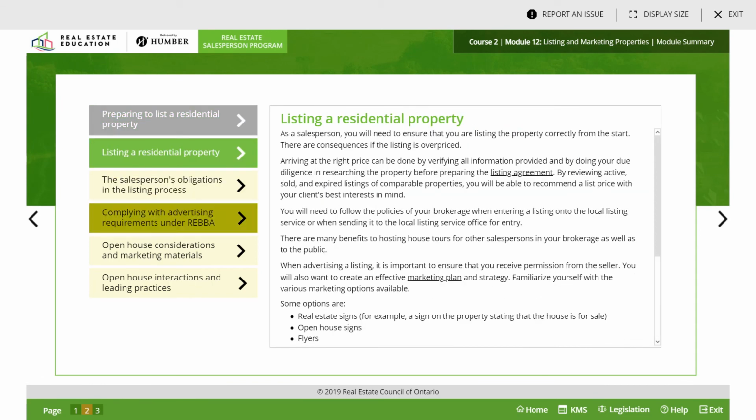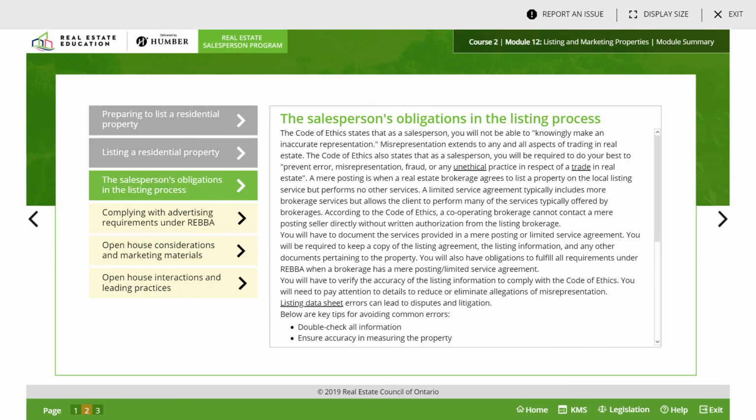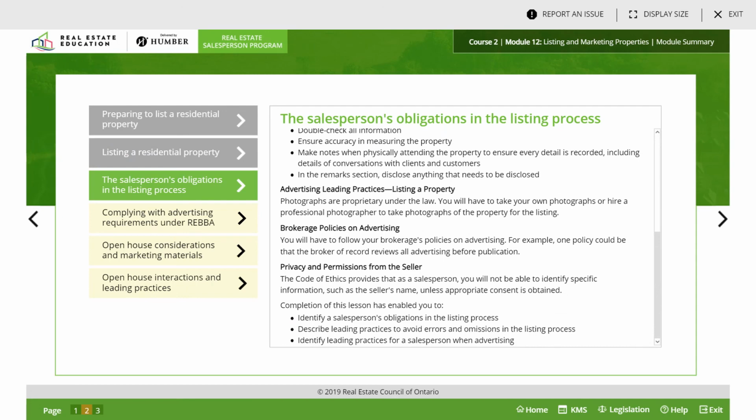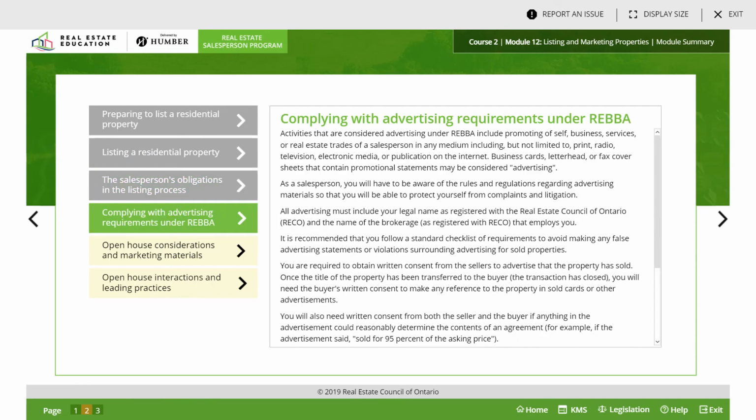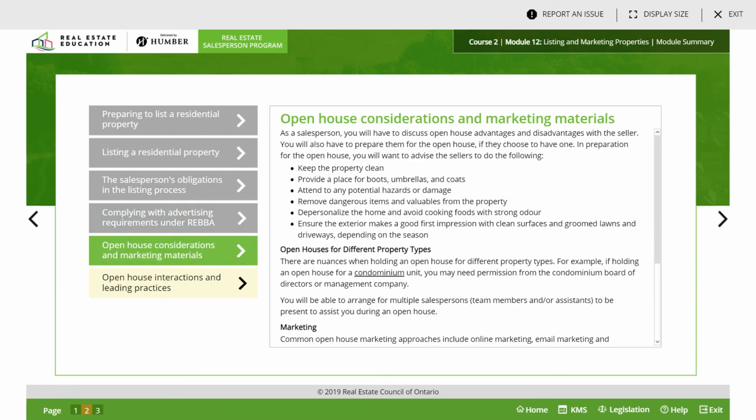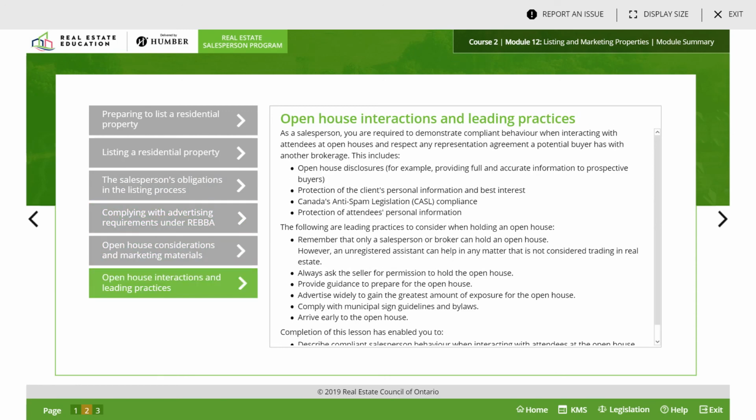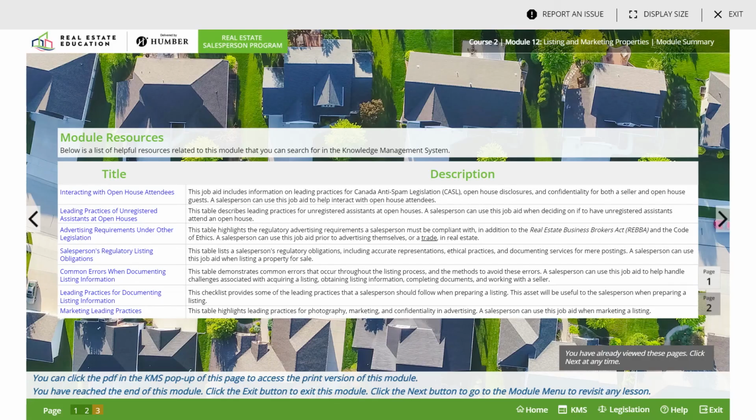We've talked about listing residential properties. Exactly. The salesperson obligation in the listing process. We've talked about that. Complying with advertising requirements. We've talked about that. Open house considerations. We've talked about that. Open house interactions. We've also talked about that. So that was the summary for